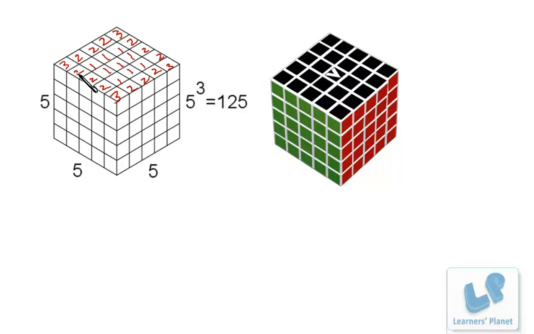So 1 piece, 2, 3, 4, 5, 6, 7, 8, 9, 10, 11, 12, right? So 12 pieces from the top layer. We are just talking about the top layer. So they will have two sides colored, right? And the remaining will have just one side colored. Okay, now we'll take a problem and discuss the things in detail.